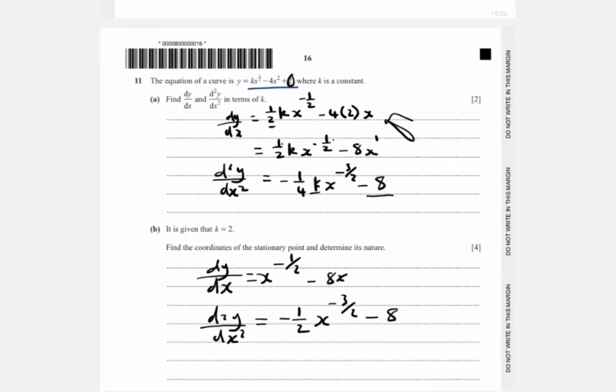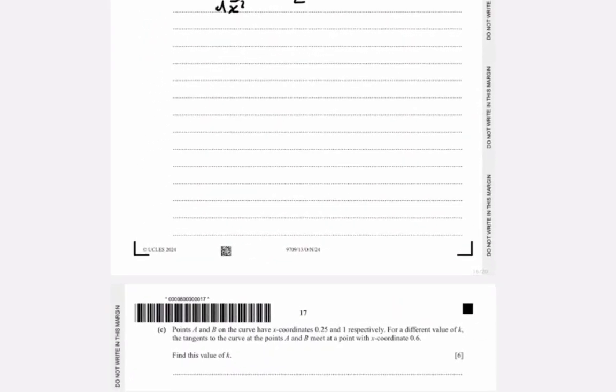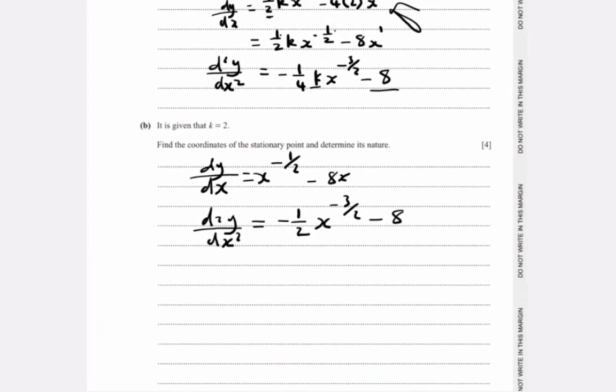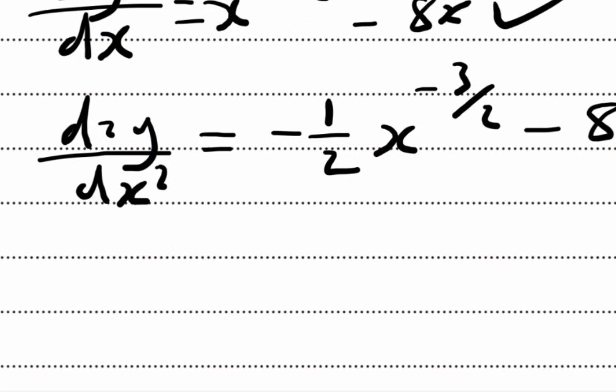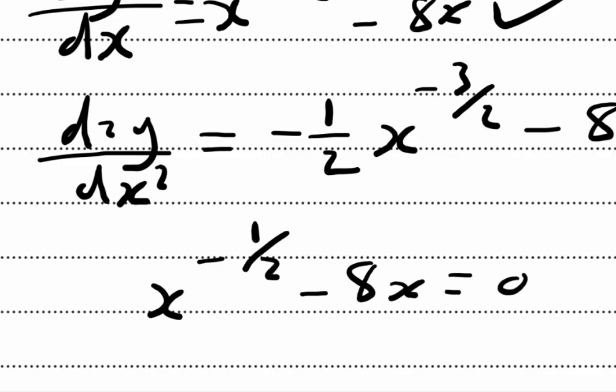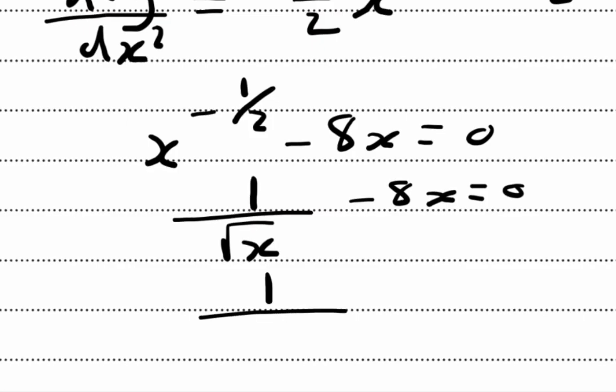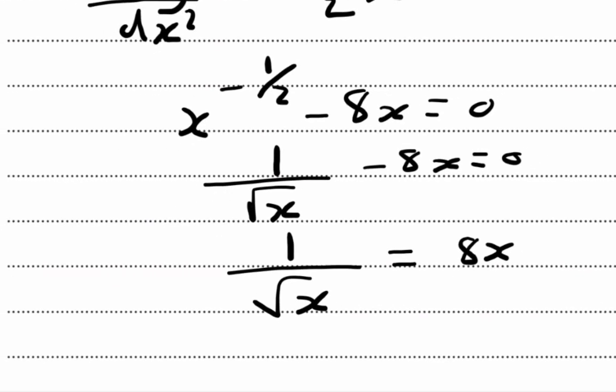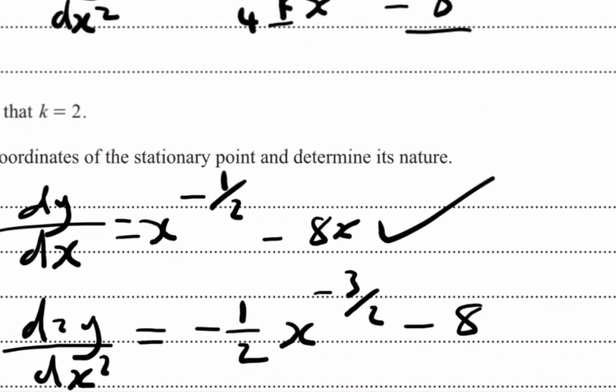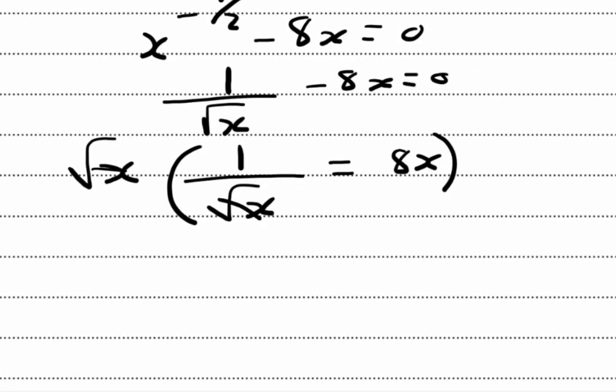And to get the coordinates of the stationary points, we know that at stationary points dy/dx is equal to 0. So we're just going to go ahead and say this equal to 0. x to the power minus half minus 8x should give us 0. So this is 1 over root of x minus 8x equals 0. 1 over root of x being equal to 8x, like that. And if you multiply everything by root of x to clear out that fraction, we get 1 being equal to 8x,